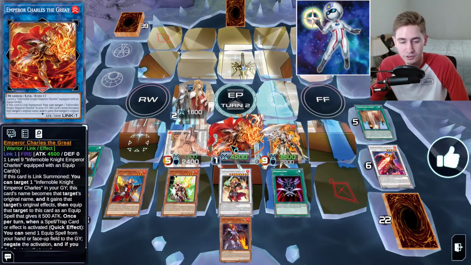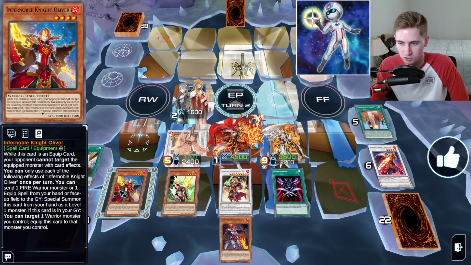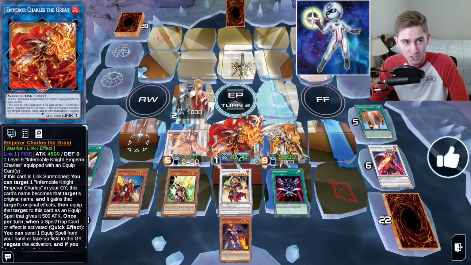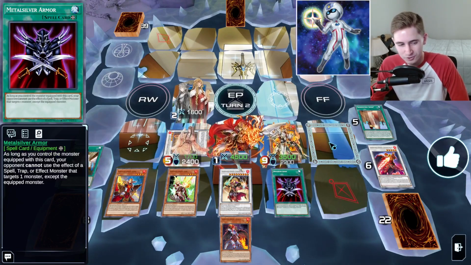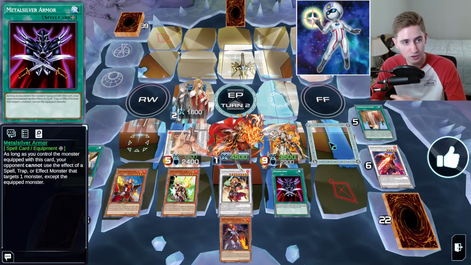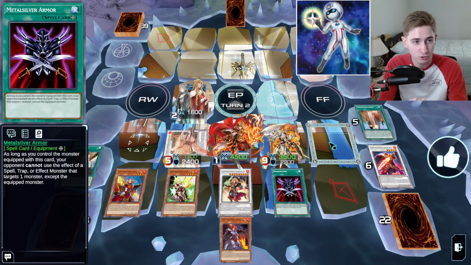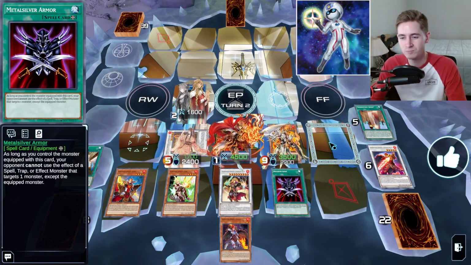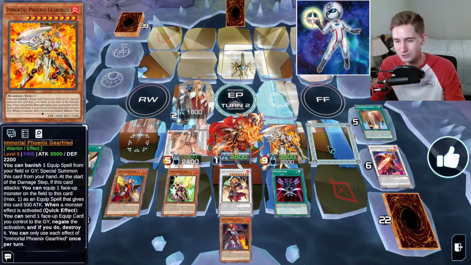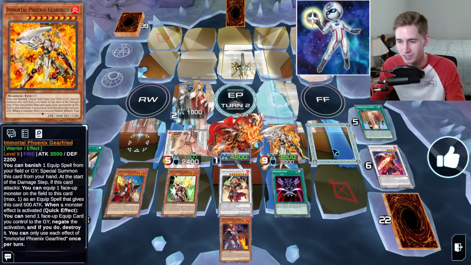The Link 1 is currently untargetable by the effect of Oliver. However, we have an equip spell that says you can only target this card with targeting effects. Which means your opponent cannot activate any card that targets any monster on the field, in the graveyard, or banished, right? Because they can only target Charles, but they can't target Charles. So any targeting effects like